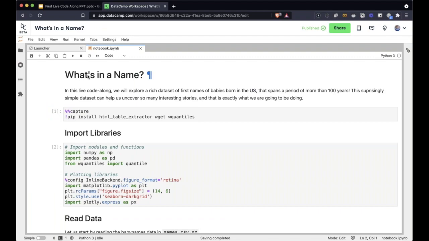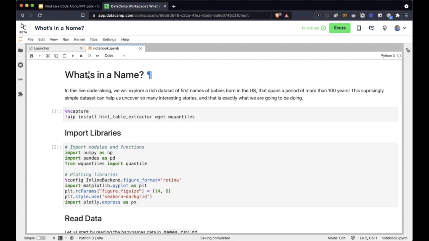So before we get started, what is DataCamp Workspace? DataCamp Workspace is basically one of the newest products of DataCamp. Essentially, it is like having an entire data science platform on the cloud. You can basically use your favorite editors, JupyterLab, which is what we're going to be showcasing today, RStudio, and you get to code in the cloud. So everything in the cloud.